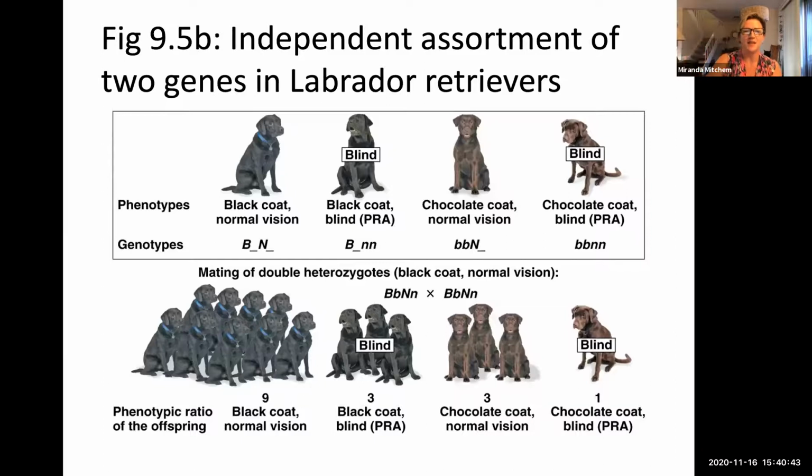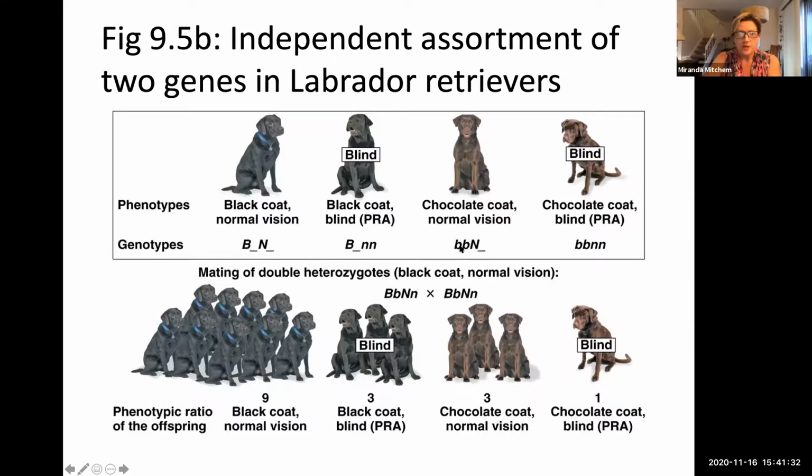Okay, so we can see this in this example with these really cute puppies, or Labradors, I should say. So let's look at our phenotypes and genotypes. We've got a black coat with normal vision, a black coat blind, a chocolate coat normal vision, and a chocolate coat blind. Blindness is recessive, so we need the homozygous recessive pattern for the vision here. And the brown color is also recessive. So in order to have the brown colored fur, we need the homozygous recessive expression of